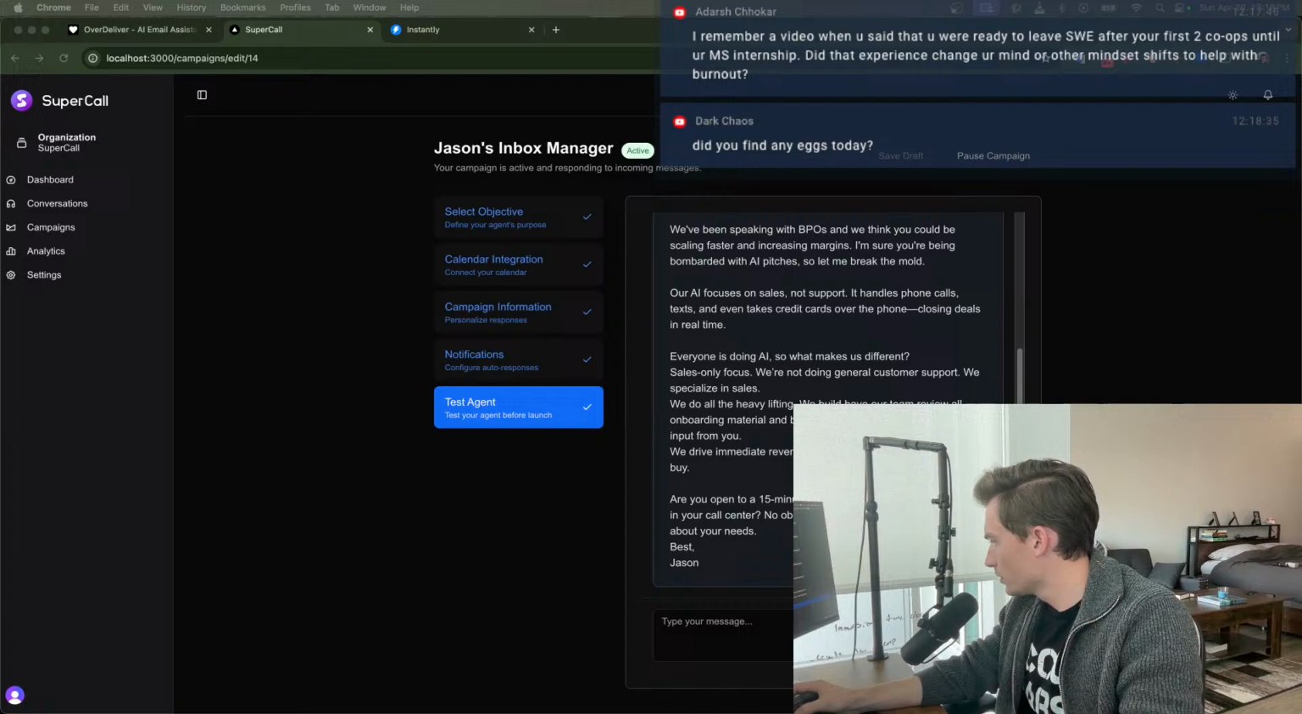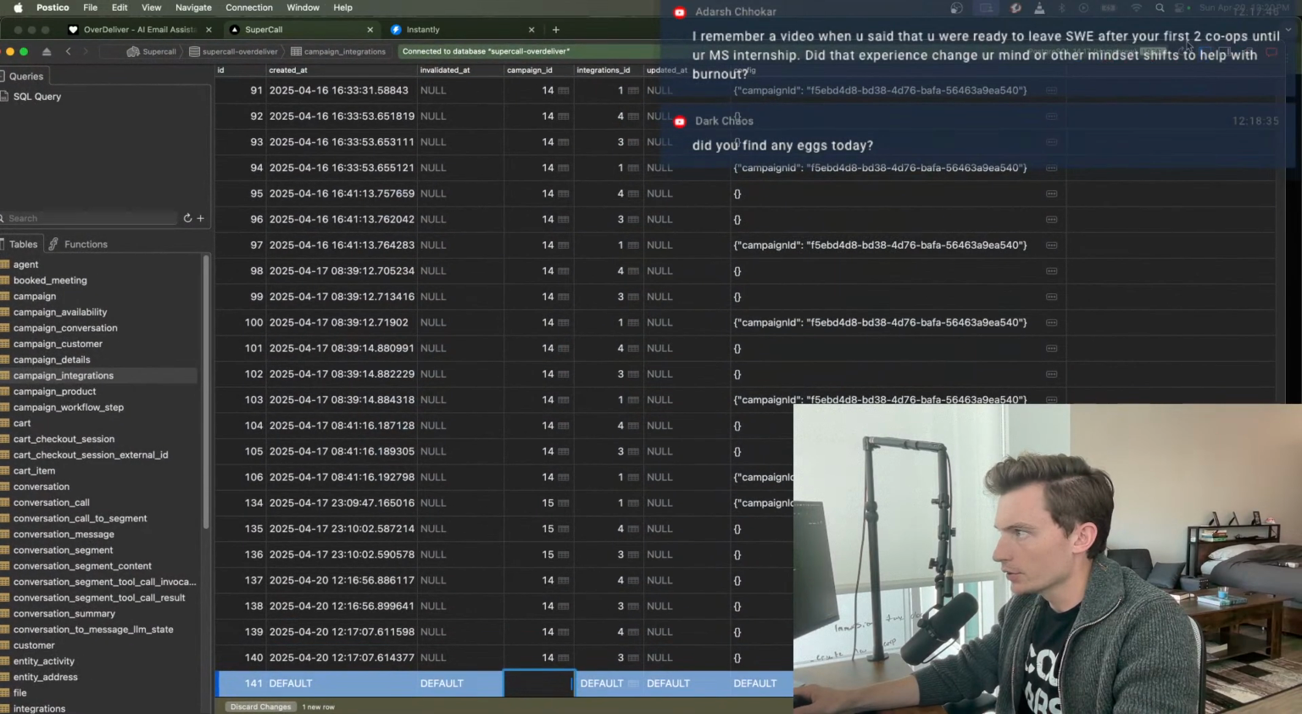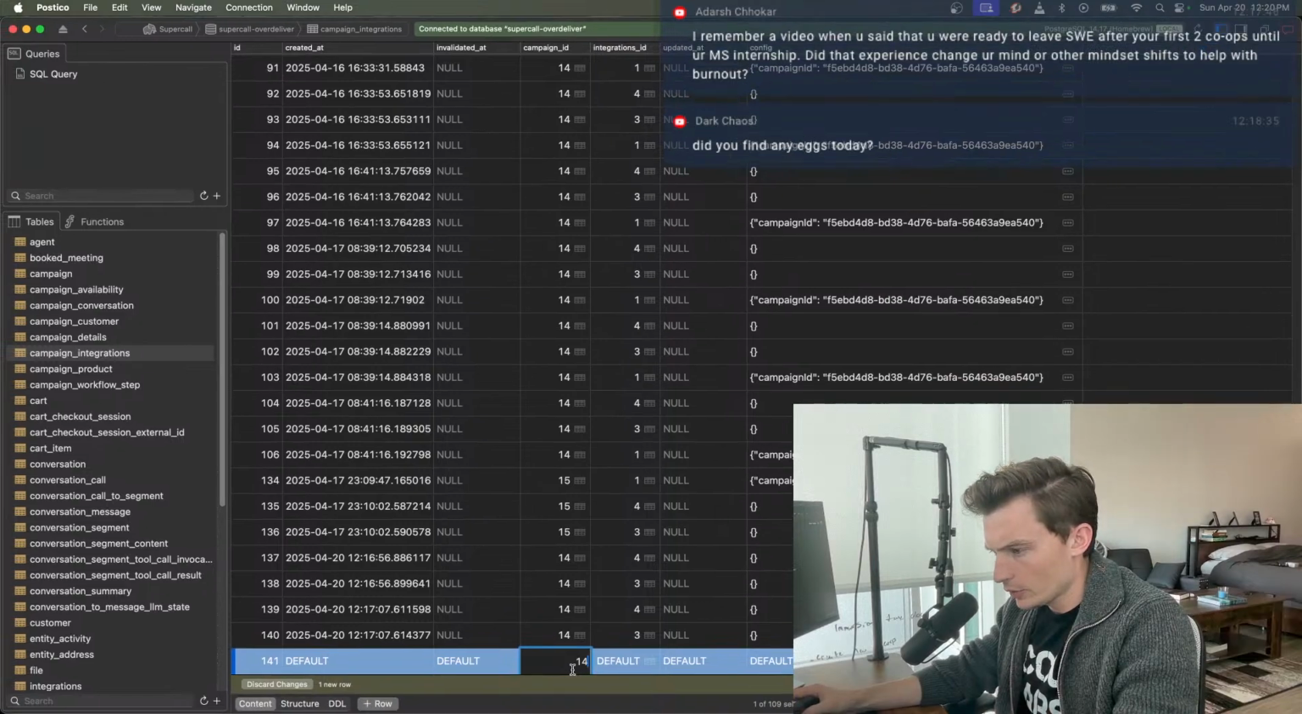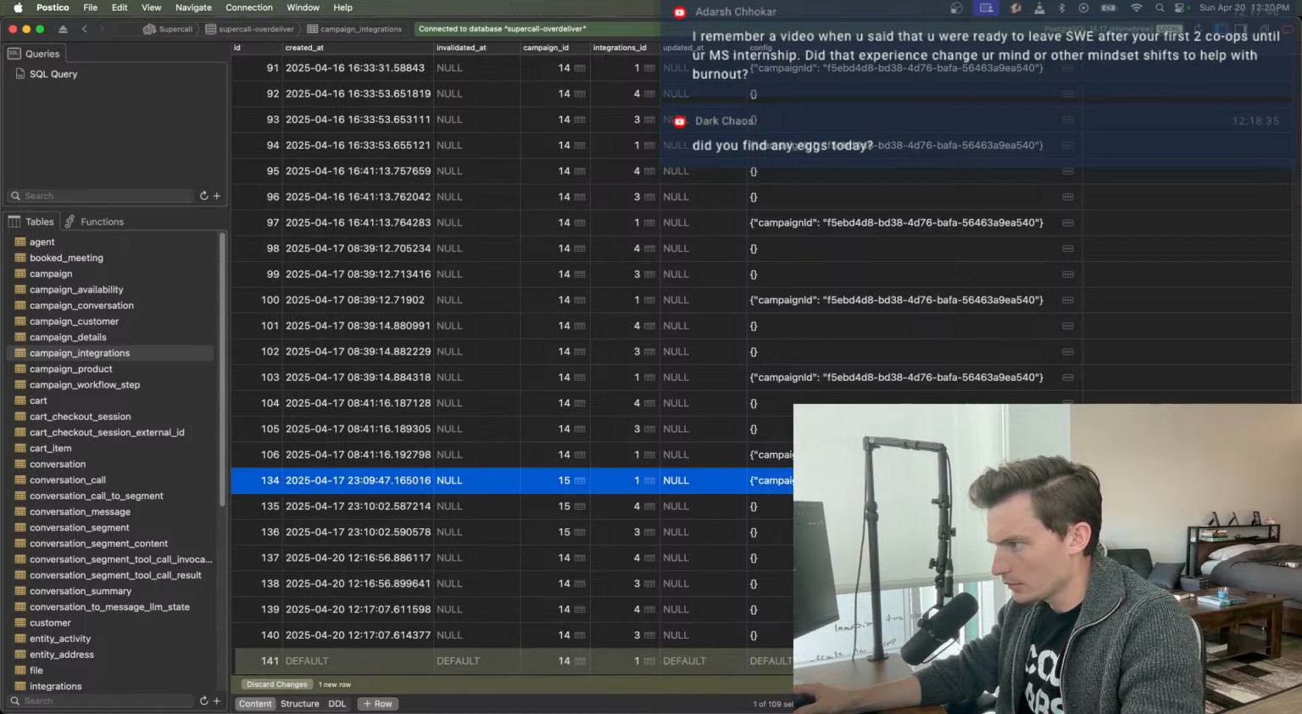Which is one? Campaign ID is 14. Because we don't have an integration for this one. That's the bug. Okay. I understand the bug now. 141. Sorry, let me just pull this over here so you guys can see. 14.1 and then